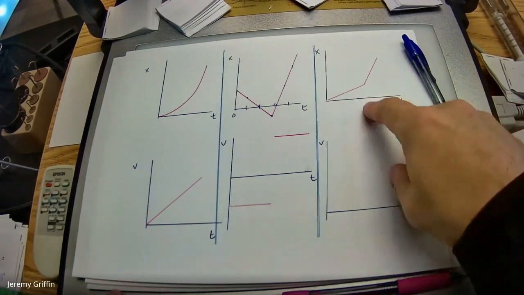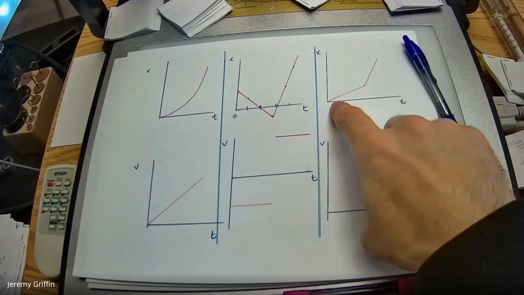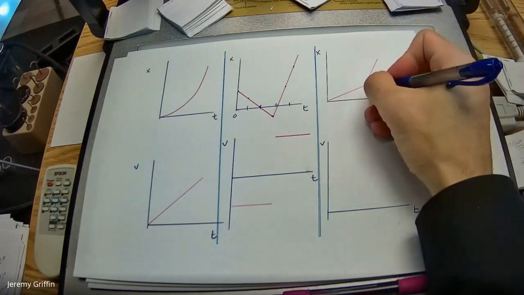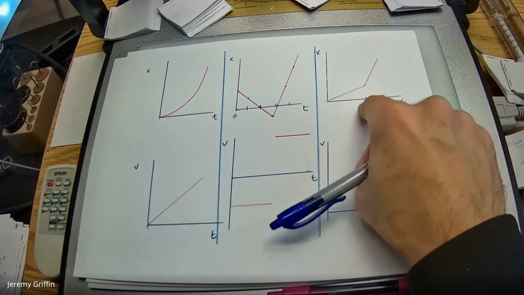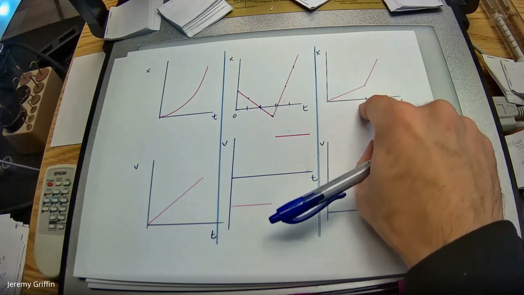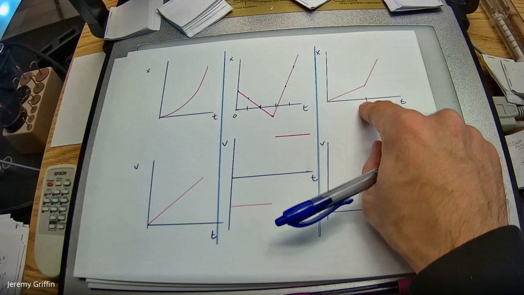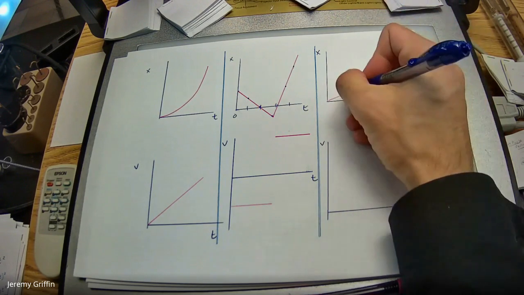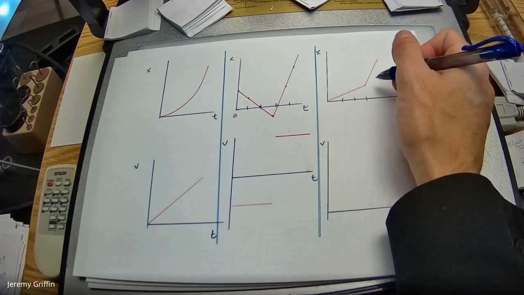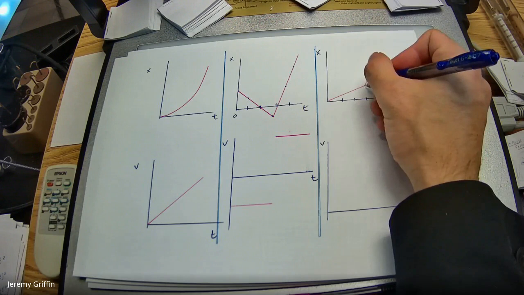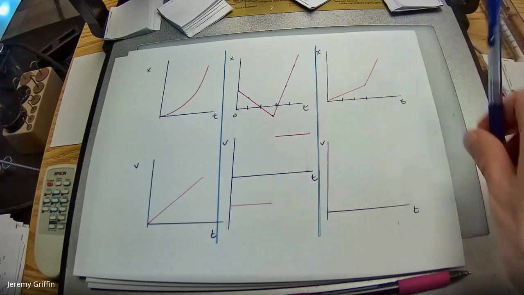And then, what about this last one? Well, I see something special going on at this time. What happened at this time? How did this person change their motion? Started walking how? It's faster, right? Looks like they were gaining positive distance with time originally, but just at a really slow rate. And then at this time, they started going really fast in the positive direction.